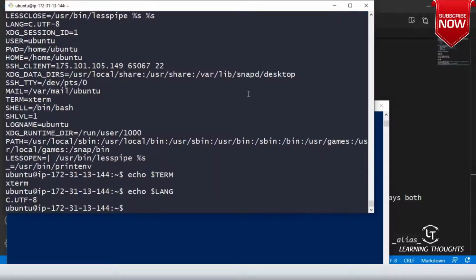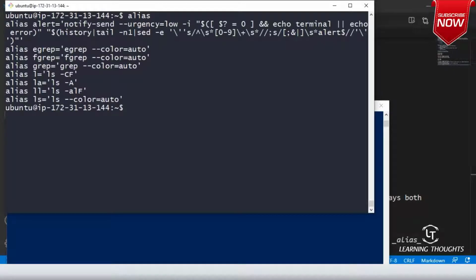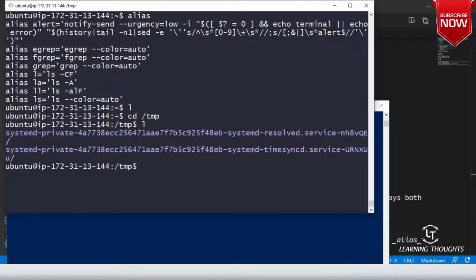Same thing over here. I'll execute the alias command. Now here there is no l dot, there is something called ll. So let me execute ll. Right now there is nothing, but let me go to cd tmp and type ll. Are you seeing some values? Am I clear on this, sir?